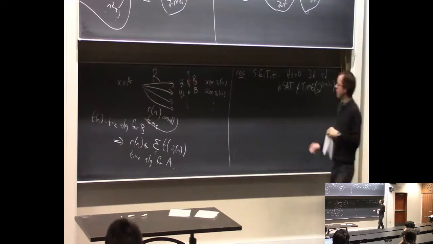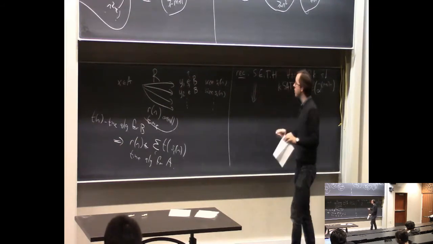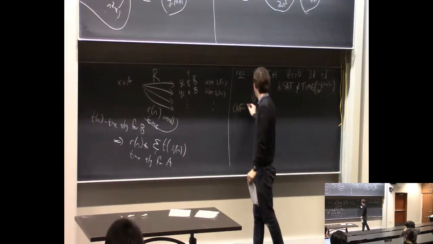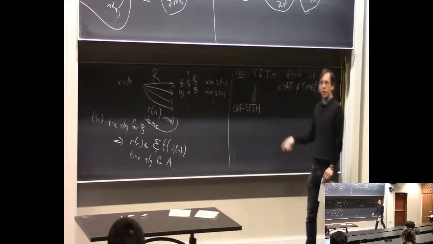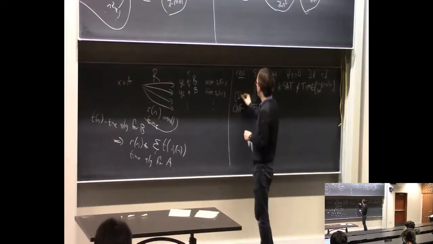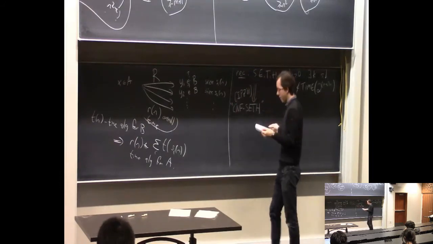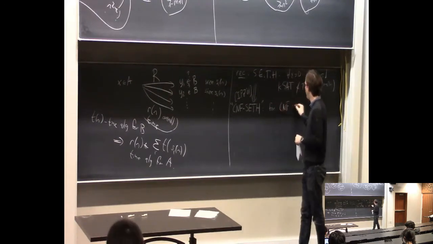For some reason that is not very clear, people in this area prefer to work with a very related conjecture called CNF-SAT, which is known to be implied by this conjecture. So I'll just tell you that fact. This is a fact due to Impagliazzo, Paturi, and Zane from 2001. And this one, it's kind of similar looking. It just says that if you have the CNF-SAT problem,